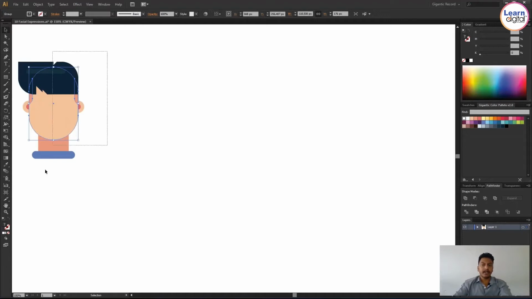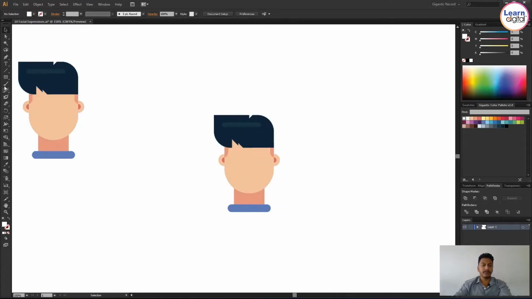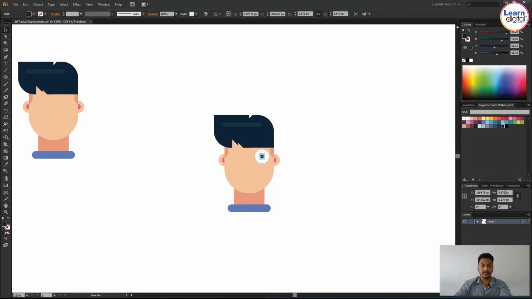So already you can see currently I have one face mold. I'm just taking a copy of the same face mold. Here you can observe that only with the help of basic shapes I created this cartoon face. Currently I'm working with the eye part. You can use whatever shapes you need. You can use the pen tool and also go with colors according to your character design. So now you can see this is an eye.